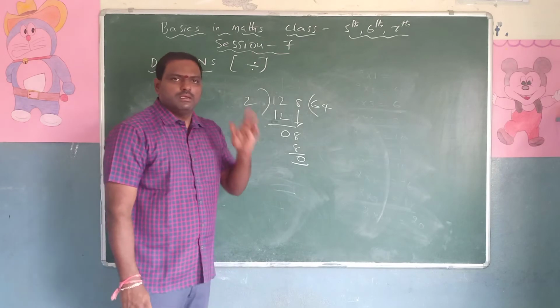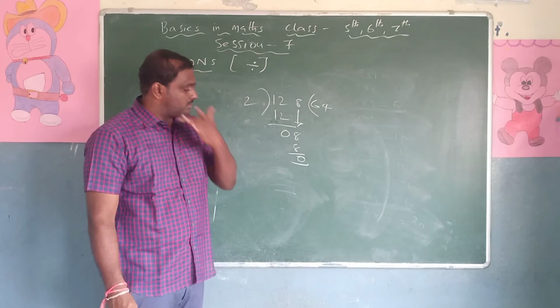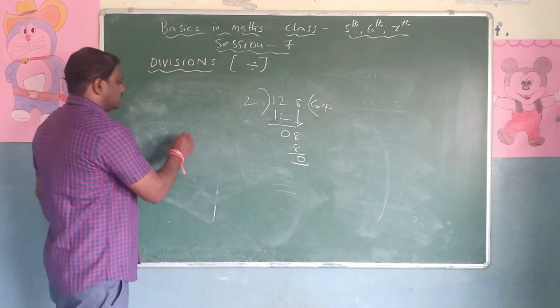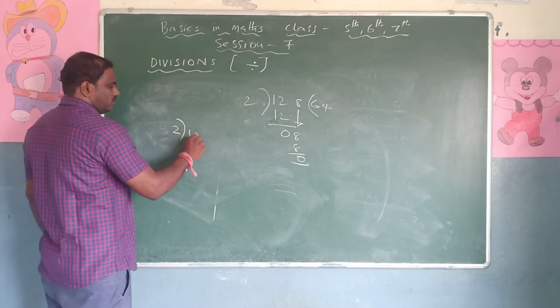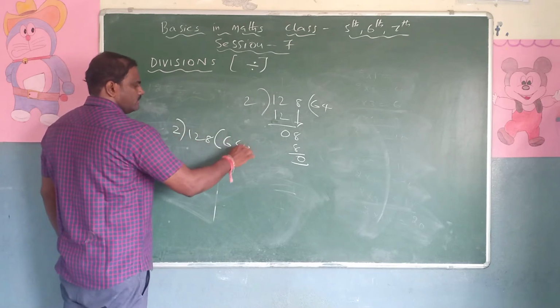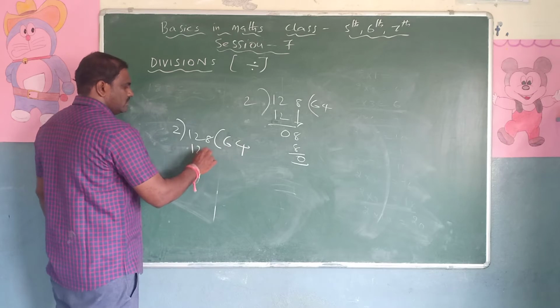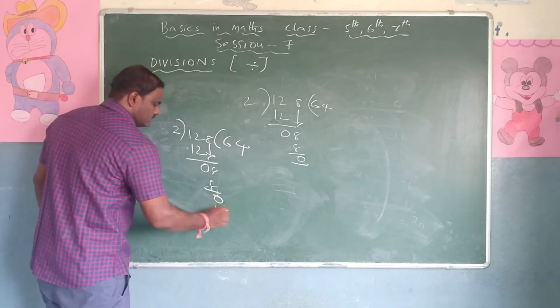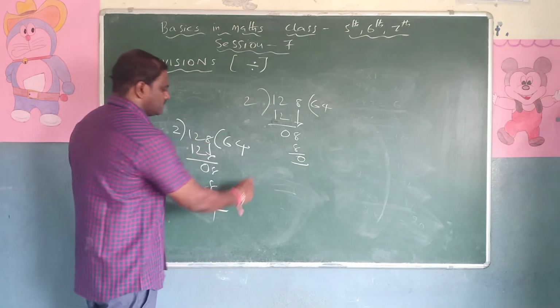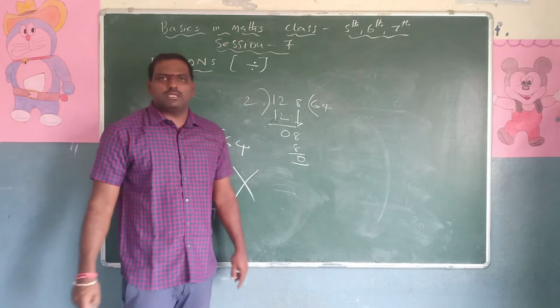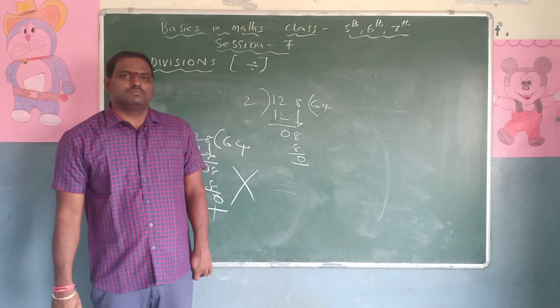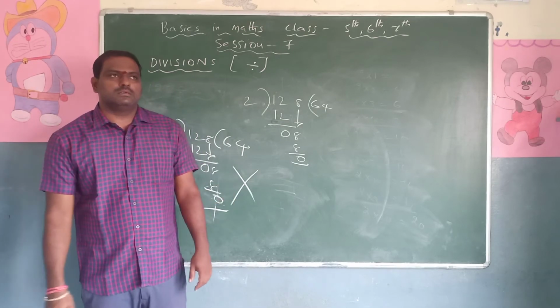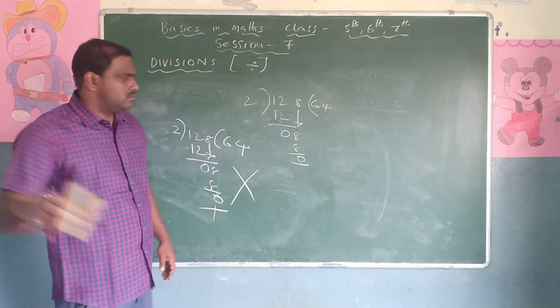2 6s are 12. And how will the students copy, you know? The students will copy like this: 2 1 2 8 6 4 1 2 arrow mark 0 8 8 0. They will calculate like this. They will copy like this. This is totally wrong to copy. Don't copy like this. What is the way to do?